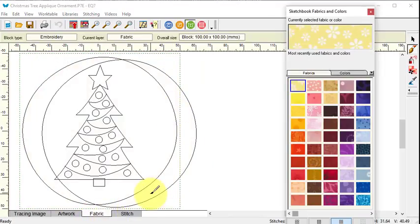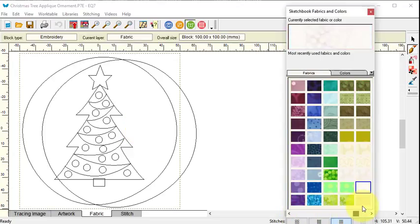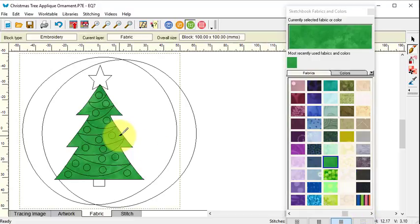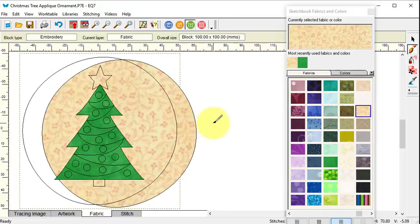And now I'm going to go to the Fabric tab, and first of all I have to decide for the pieces that I'm actually going to put applique down, I need to go ahead and color. So I'm going to use applique for the tree, so I'm going to go ahead and color that, and I am going to use applique for one of the round pieces, i.e. the background, and so I'm going to go ahead and color that as well. And everything else is basically going to be embroidery. So now I'm going to go to the Stitch tab,